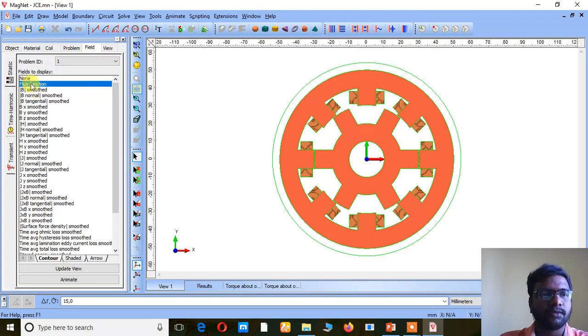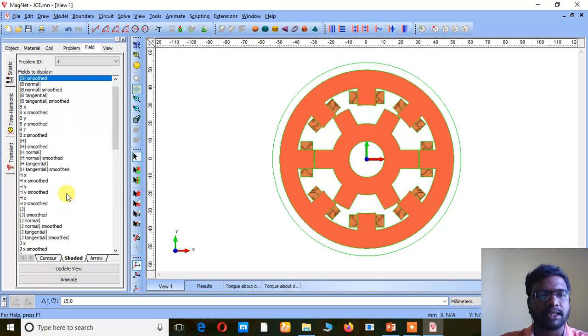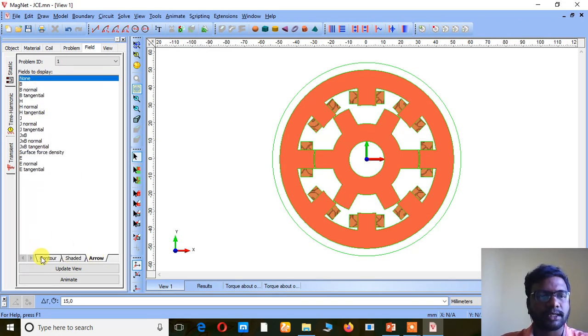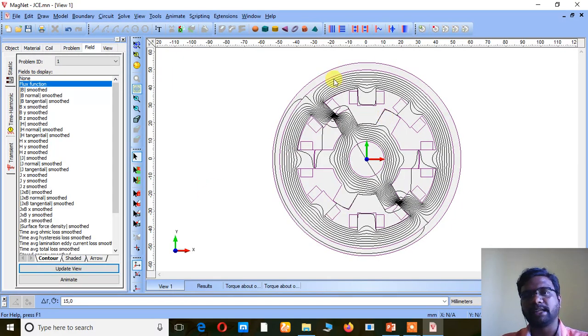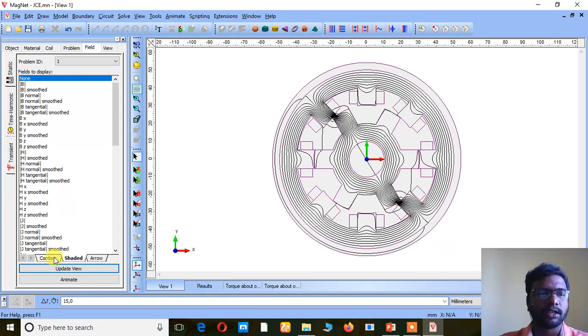See, now we are going to see the flux path of this machine. So this is the flux path of this machine. So like this, the flux is moving, right? So this flux is moving in this direction, or the flux is moving in the opposite direction. So which direction the flux is moving? That also we have to estimate.